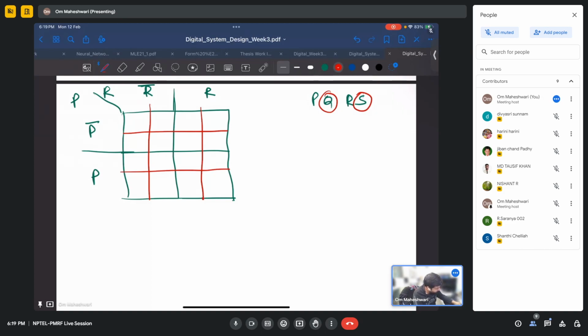So here what we do is, if this is p bar, for these two blocks we take q, and for up and down we take q bar here. Similarly here for these two blocks we take s, here s bar and s bar. So what does this mean? Basically, to avoid the confusion, what you can do is remove this,